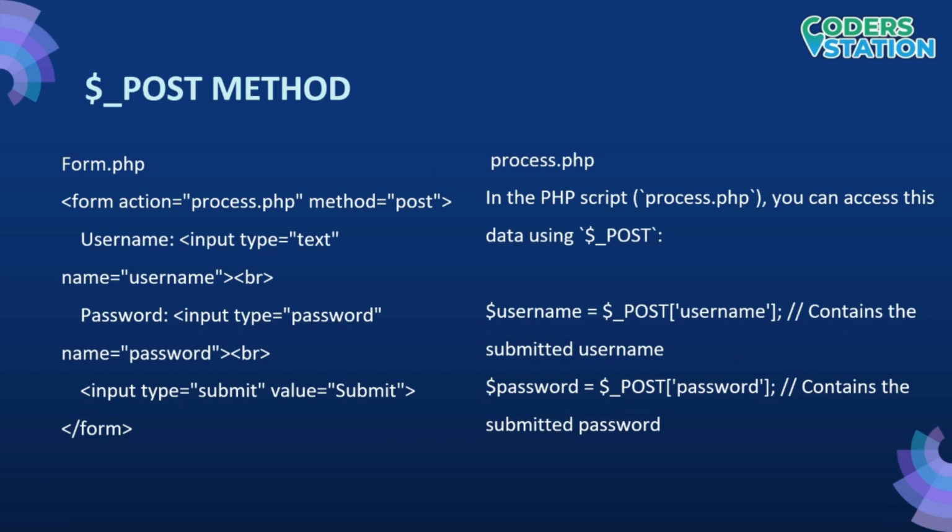Similarly, same as the GET one, we have a form here. So a little change: username and password. So same, we are processing it in process.php, but here the method, as you can see, is POST. So this name, username and password are the keys for the associative array, because the superglobal creates an associative array. When we check if submit is clicked, then in process.php, by using $_POST, we can access the values. We are saving username and password, which is not shown anywhere, not in the URL, but it is given